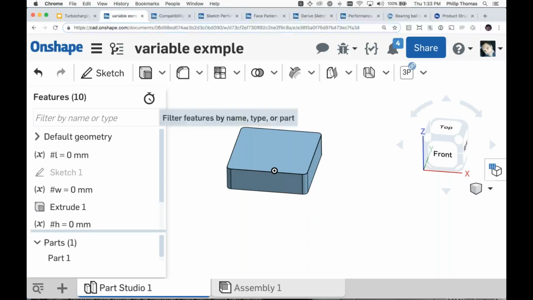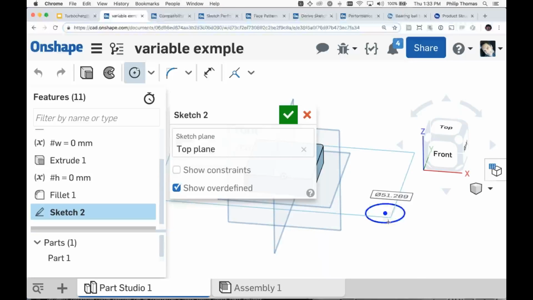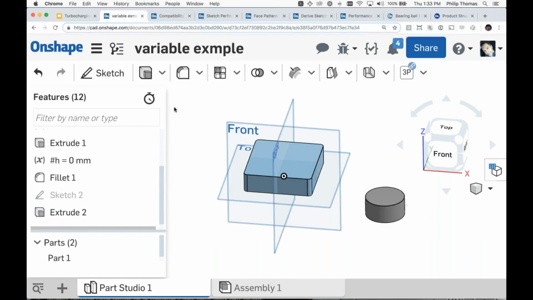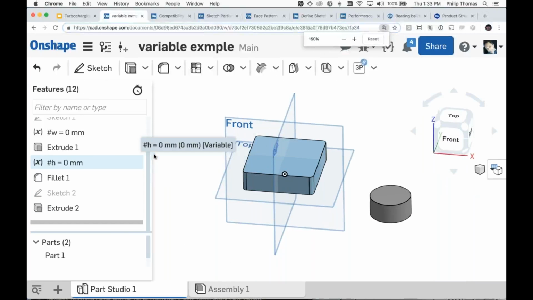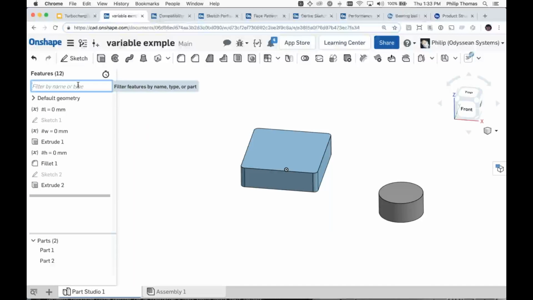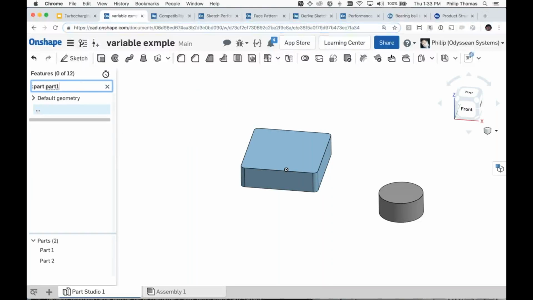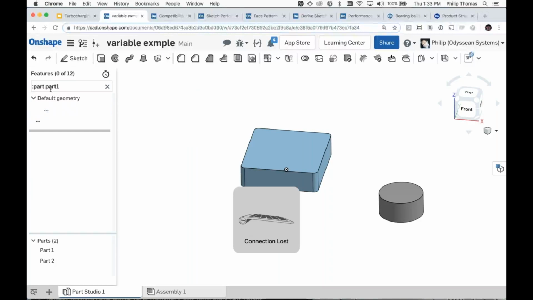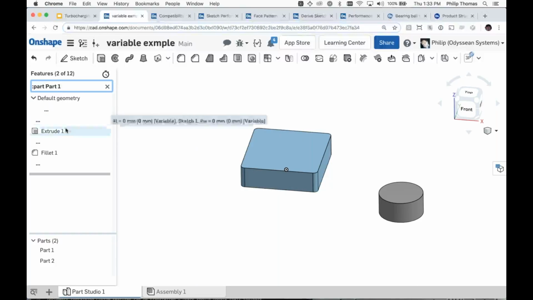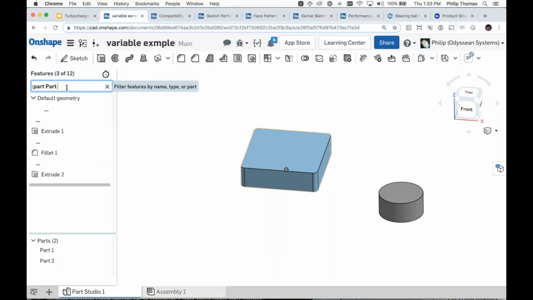And by the way, while I'm up here in the filter, people seem to have forgotten or didn't know that, for instance, you can actually filter out which features build which parts. So for instance, I'll shrink this down a bit. This Part Studio has 2 parts. And if I say colon part 1, I will see just the features. If I spell it correctly, there is no part called part 1. There we go. Part 1 is made of the extrude and this fillet,